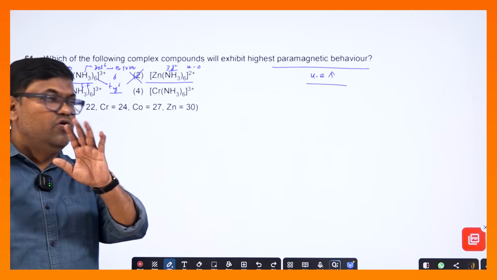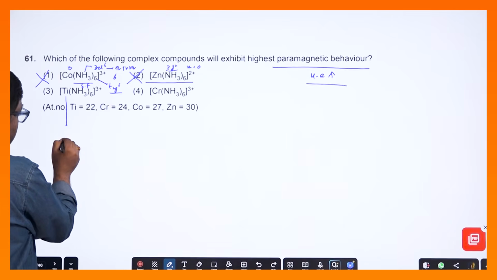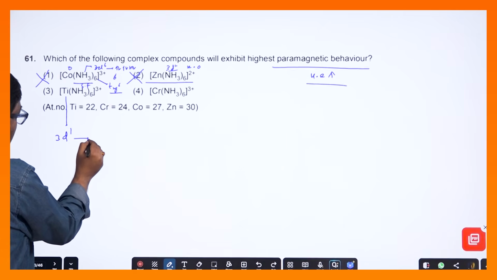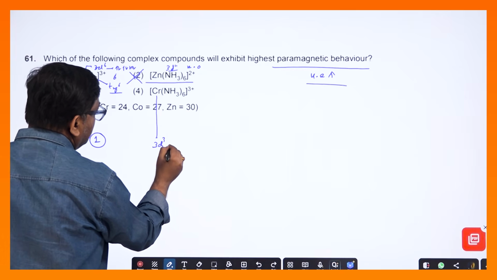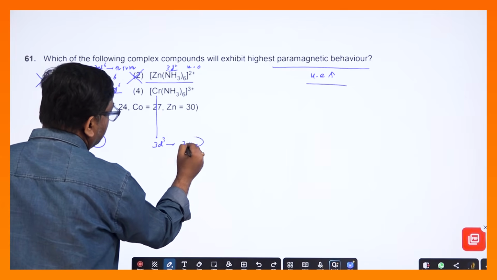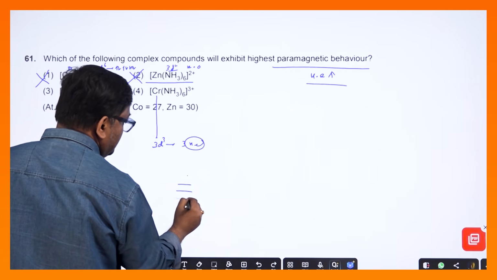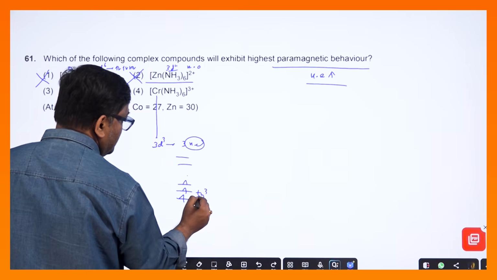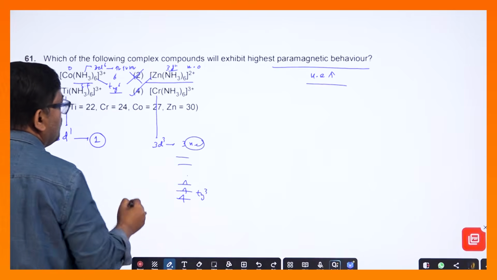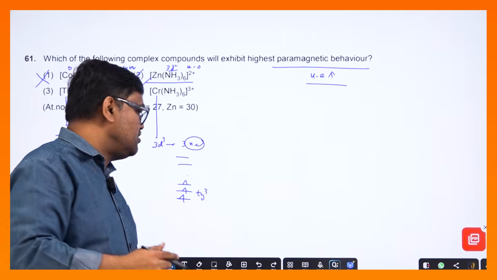হতো, তাহলে 1 and 2 অ্যান্সার হলোই না। এবার এলো 3 and 4, এখানে দেখো d1 সিস্টেম আছে, 3d1, তার মানে এখানে একটা আনপেয়ার্ড হবে, এখানে দেখো ক্রোমিয়ামে 3d3, তার মানে এখানে তিনটে আনপেয়ার্ড হবে, ঠিক আছে? 3d3 তাহলে t2g3 হবে, t2g3 মানে তিনটে আনপেয়ার্ড আছে, তাই তো? এই t2g3, তার মানে অ্যান্সারটা হবে 4, যত আনপেয়ার্ড বেশি তত তোমার ম্যাগনেটিক মোমেন্ট বেশি হবে, প্যারাম্যাগনেটিজম বেশি হবে।